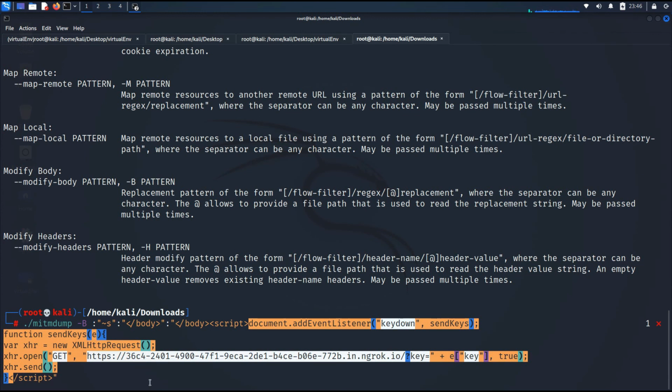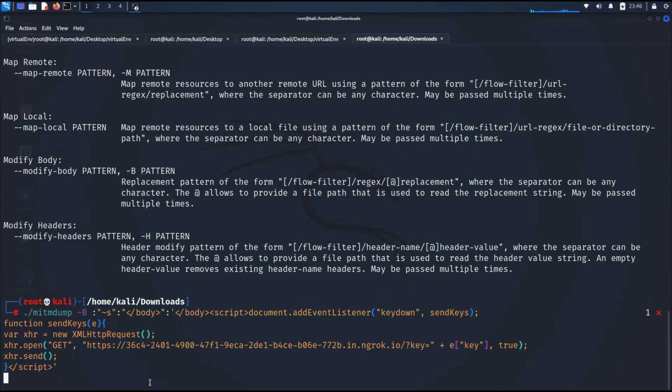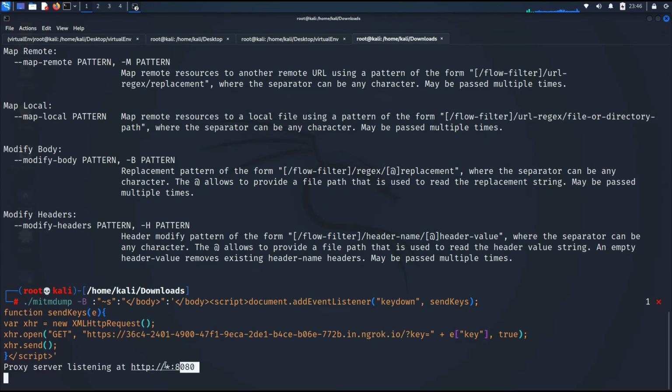And as you can see, there is a mismatch or confusion regarding the double quotes. So let me correct it by replacing the double quotes after the /script tag with a single quote. Let me delete this double quote right over here and then add a single quote. I'll also navigate to the top to /body, and just before the /body, I'll replace double quotes with single quotes to resolve the double quotation conflicts. Cool. Now all I need to do is hit enter,